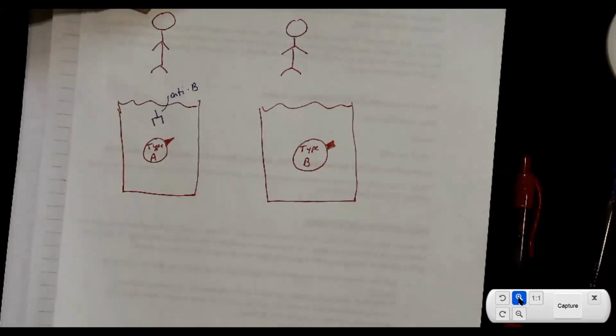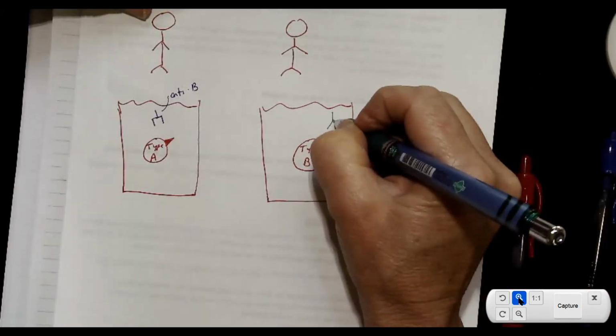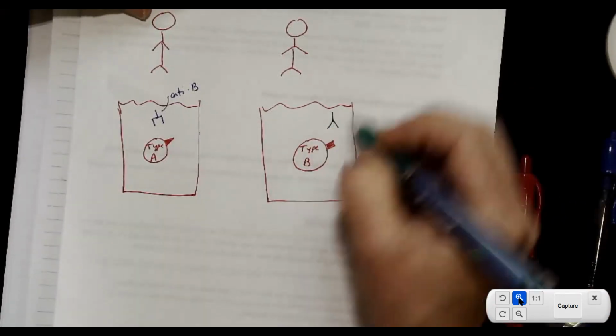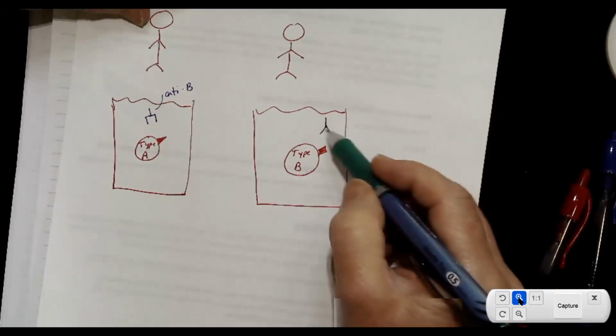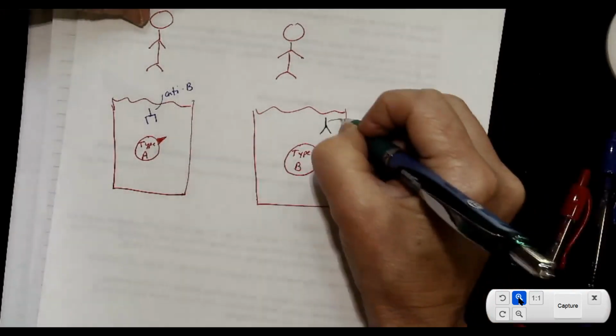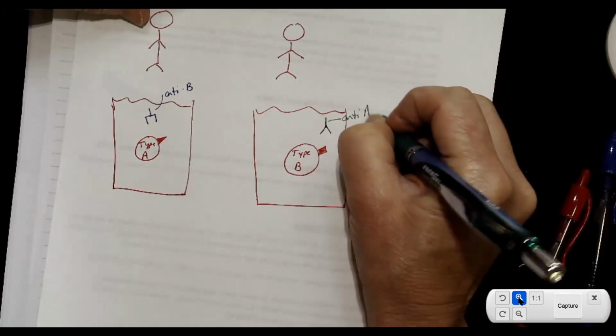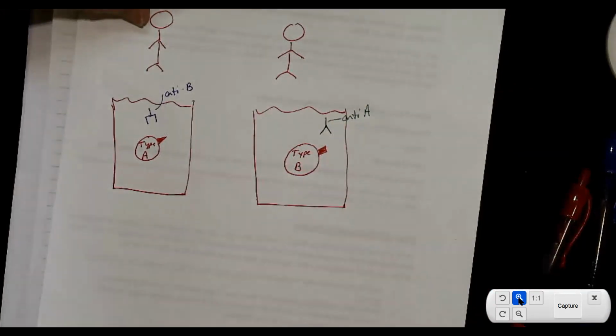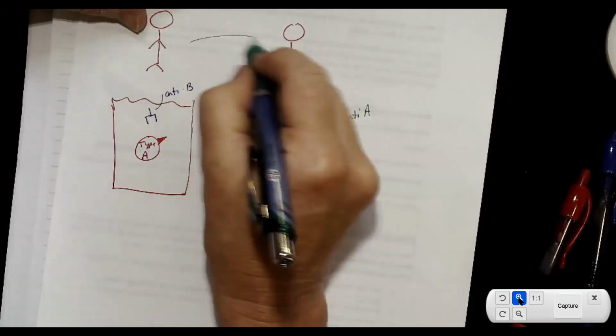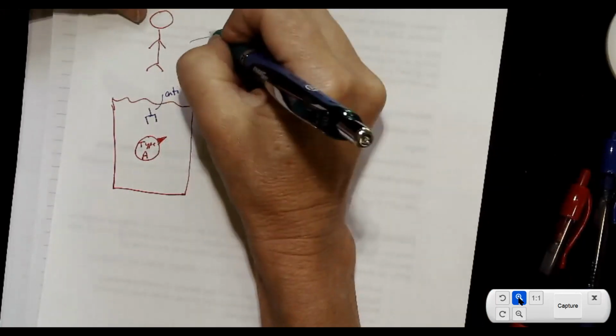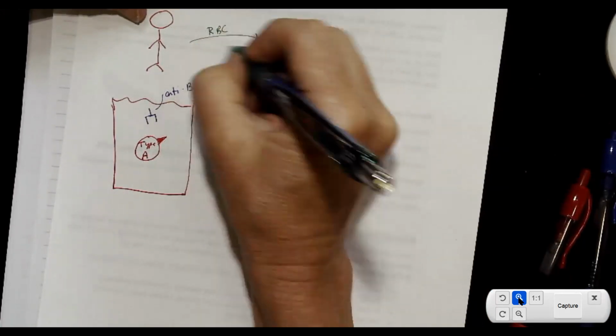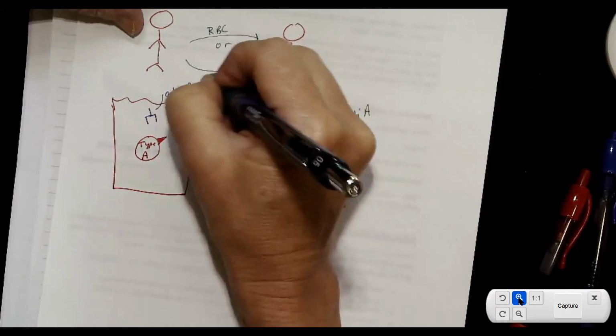They have antigens that look not like spikes, because they would have clumping. They look like upside down Ys. This is anti-A. Now, when you donate blood, you can either donate the red blood cells or the plasma,